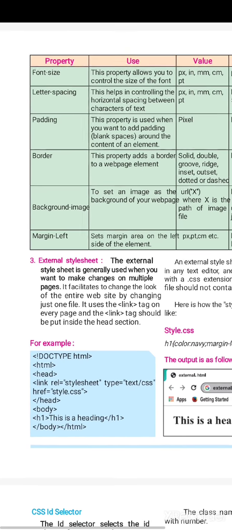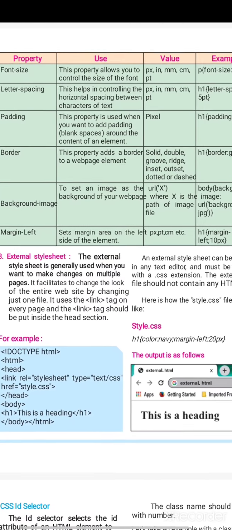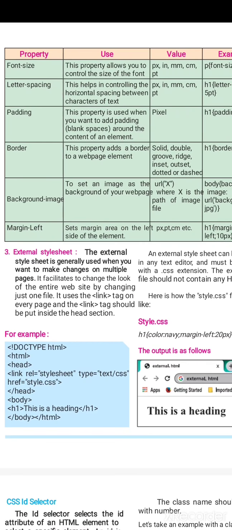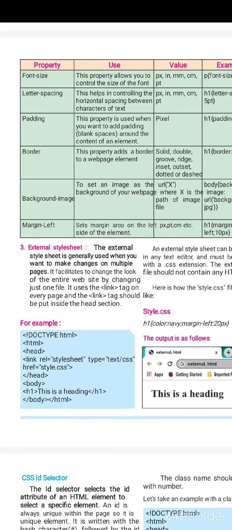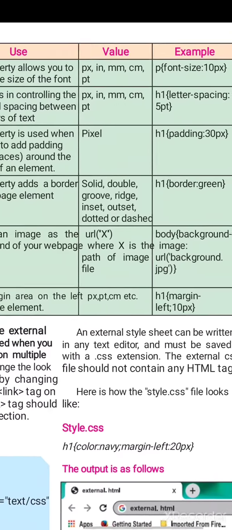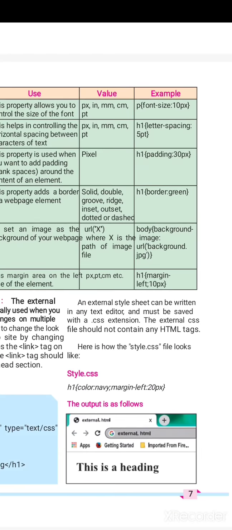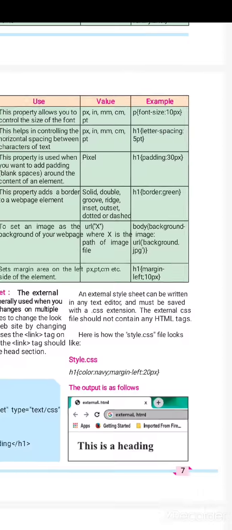Next property, letter spacing. What is letter spacing? If a single word is there, within such a single word multiple characters, multiple alphabets might be there, and a space between such characters is applied by using this property called letter spacing. 5 points, 5pt, like this.